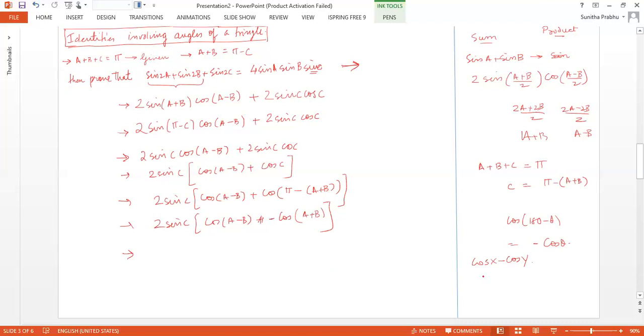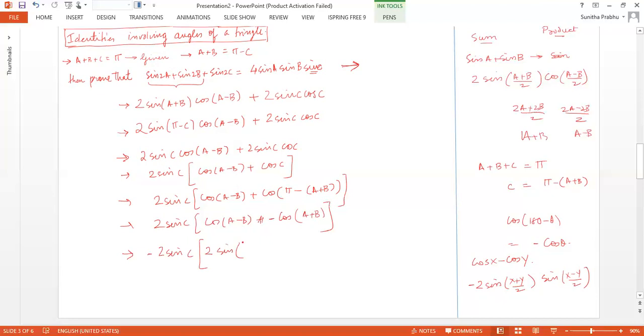Minus 2 sine x plus y by 2 into sine x minus y by 2. Correct? Cos minus cos is minus 2 sine sine. So I'll write this as 2 sine c into minus 2. I have to put minus, right? Minus 2 sine